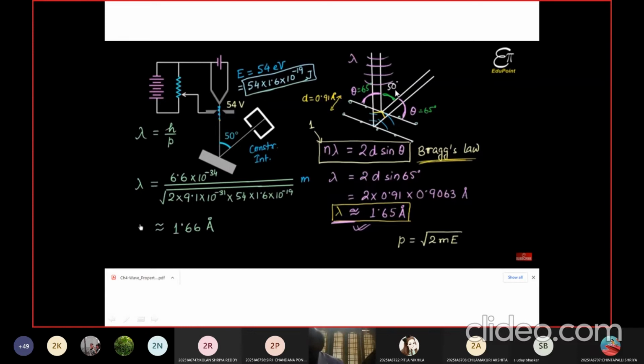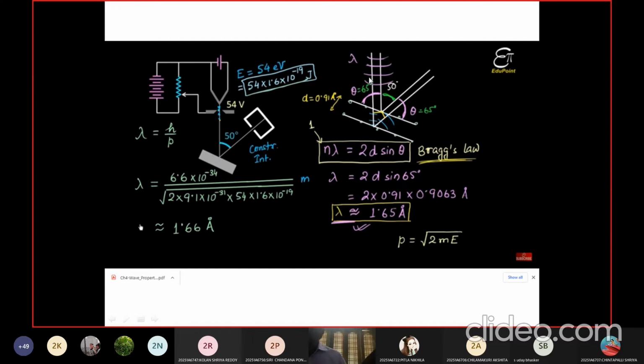Here this is the 50 degrees. This is the incident ray, and these are the set of parallel planes. See, dots, and these are the places where you have your atoms or lattice points. These are the lattice points of the crystal plane. So this is the set of parallel planes of the crystal, which is actually reflecting and giving you constructive interference,